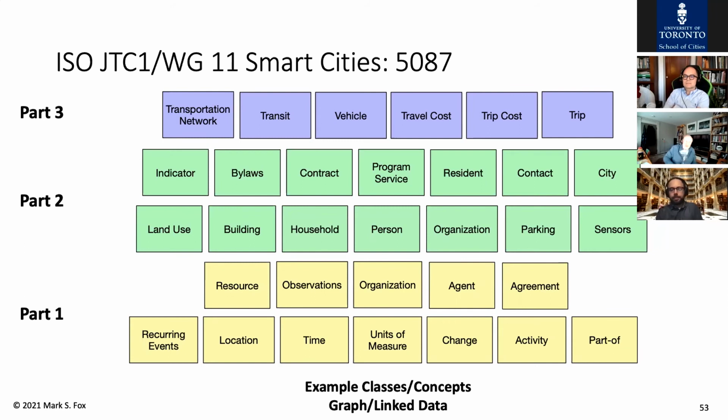The first part is the knowledge graphs are dynamic. New nodes, new links are dynamically added over time. And if you look at what we're doing in the Smart Cities standard, there is a box called change. And for any particular instance, we can represent how that instance changes over time. So if we're talking about a box of medicine, we can represent what we refer to as manifestations of that box of medicine, and each manifestation represents a changing description of that box. So you have an explicit representation of how that box of medicine has changed over time, what properties are changing,